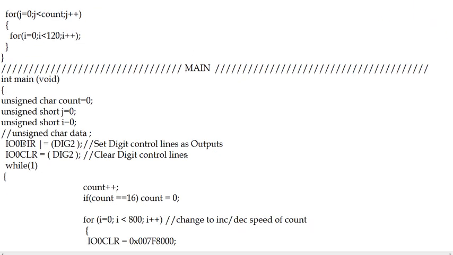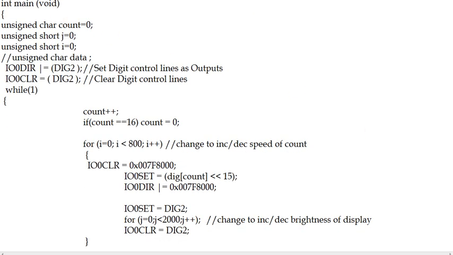Actually, this is the actual program. In the actual program, the unsigned character count is needed because we need to count how many characters there are. We have 15; 0 to 15 is nothing but 16 characters. So every character should be displayed: 0, 1, 2, 3. We are not taking 0 as a number. We are taking 0 as a character here, reading it from the array, and displaying it on the 7 segment LED.